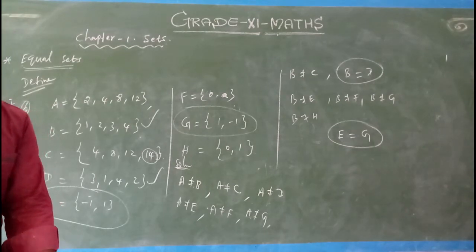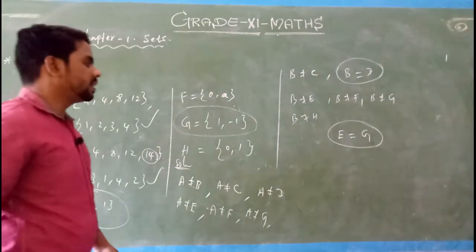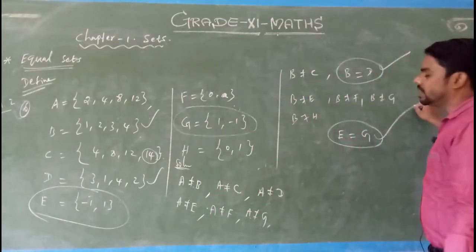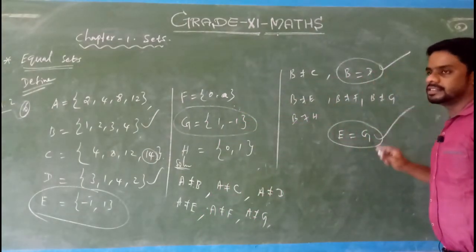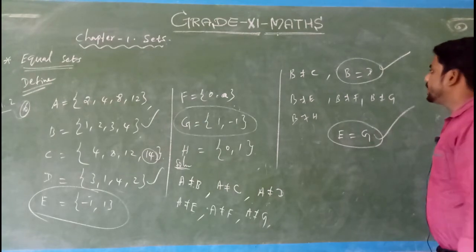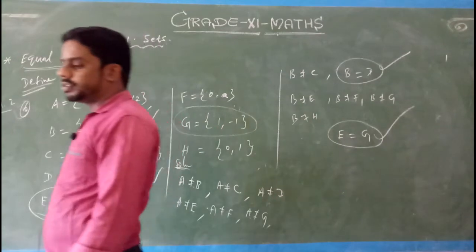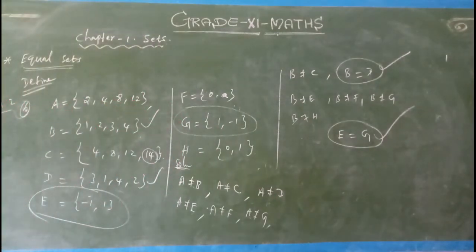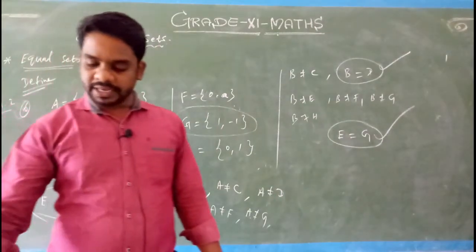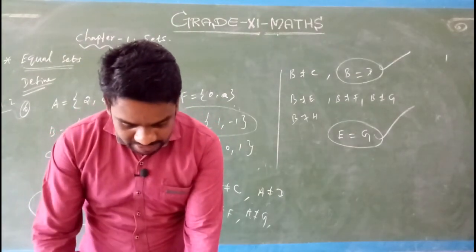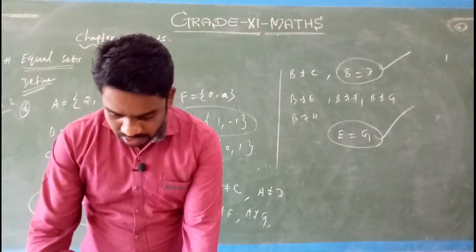Okay, right. So for the 6th question, B is equal to D and E is equal to G only. B and D are equal sets, and second, E and G are equal sets, so the other sets are not equal. This is the solution of the given question set number 6. Okay, so exercise number 1.2 is complete. The remaining questions, example 7 and 8, are homework.